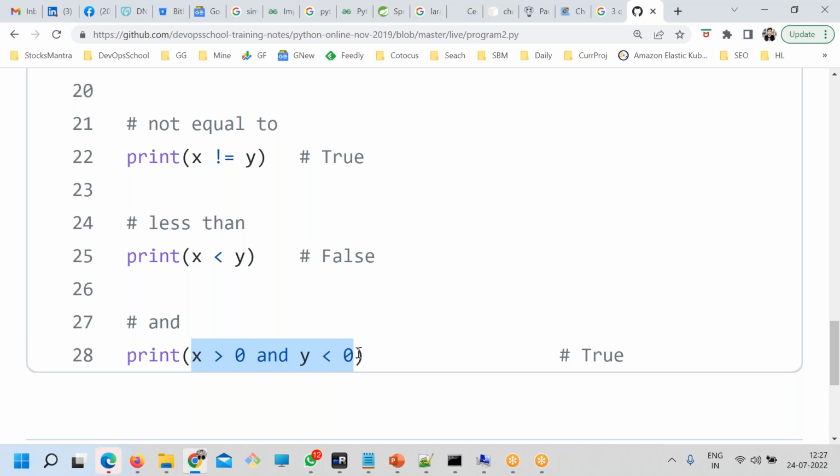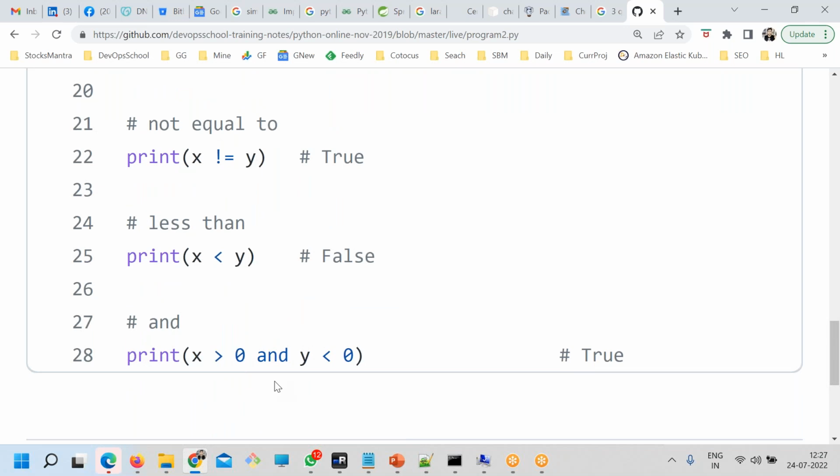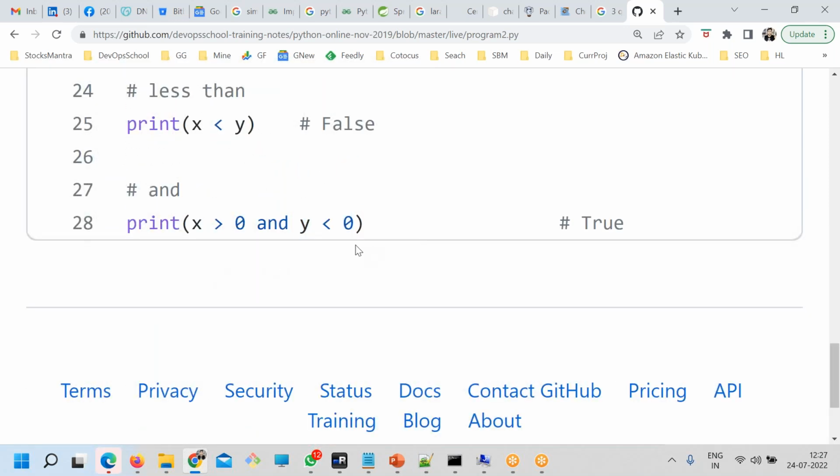Anyone have worked with the truth table? See, first thing, decide this one. X is greater than 0 or not. So x is 6, so of course greater than 0, right? So here it will return true. And y is less than 0, which is false. So here true and false. What will it return? False.